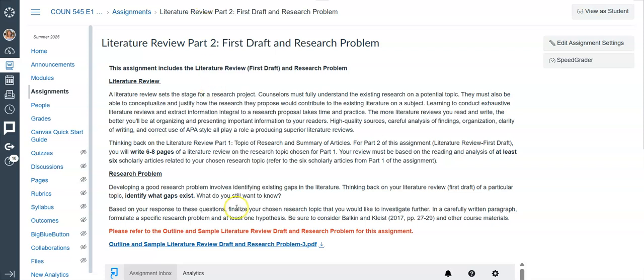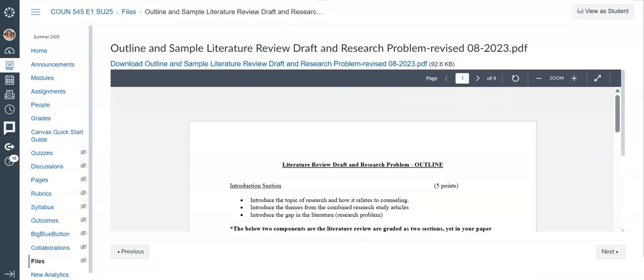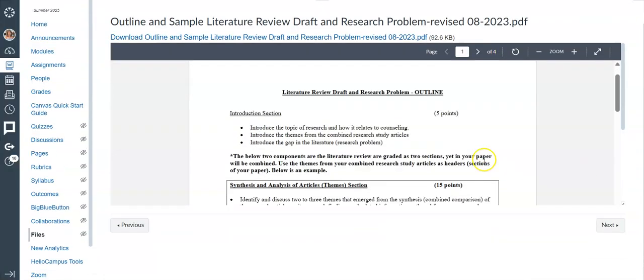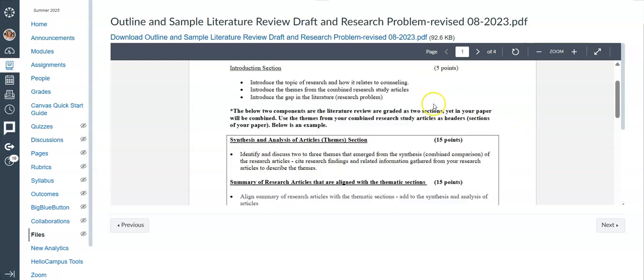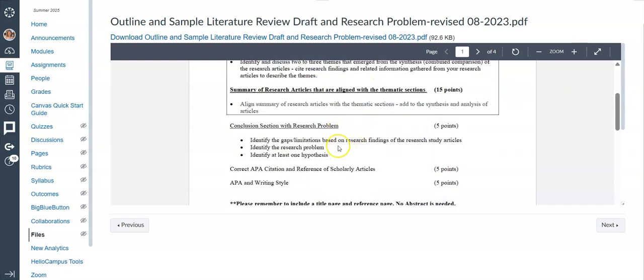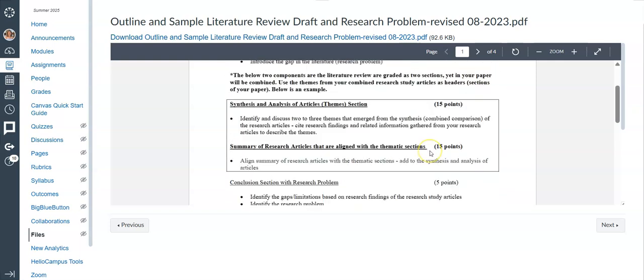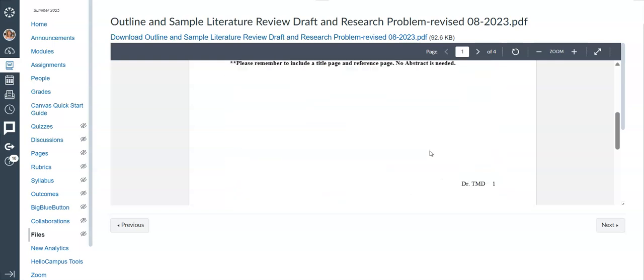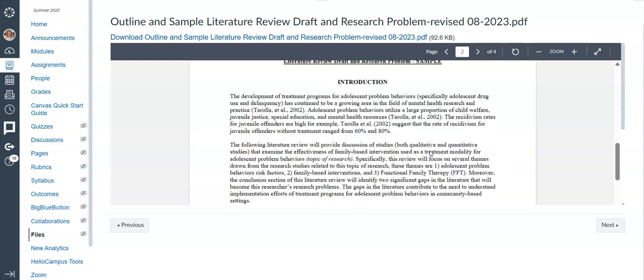All right, you're also going to see that there is an outline of a sample literature review. If you click on that, it will take you to this page, to the very beginning. It talks about the assignment and what I just reviewed. This is in a box to denote that this is the same section. You're doing both of these things in the same section, and then a conclusion. And then the different points are delineated for that. Below that, you're going to see a